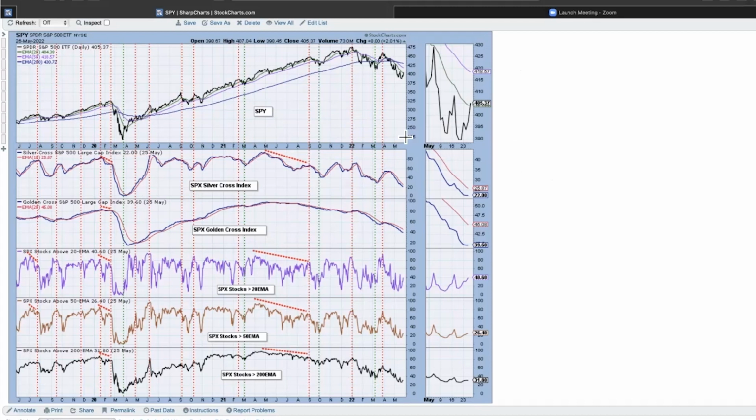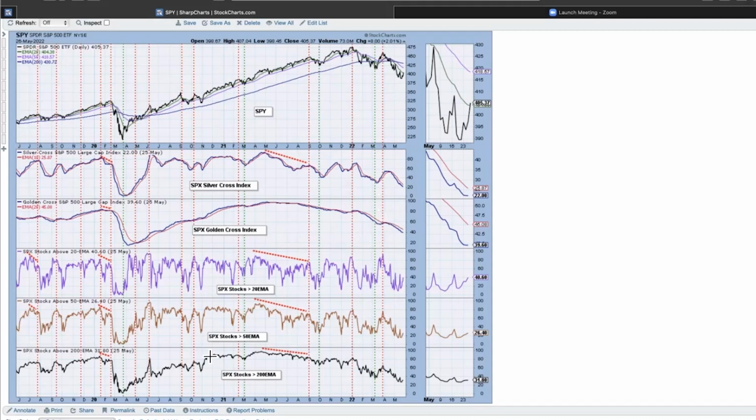So what we know is that going into this bear market, we started to see the silver cross making a move to the downside. We started to see stocks losing those silver crosses. In the meantime, we were also seeing the Golden Cross Index falling. And so that gave us the heads up that things weren't going so well. And you can see right here at this market top that we had previously, the silver cross began to top,